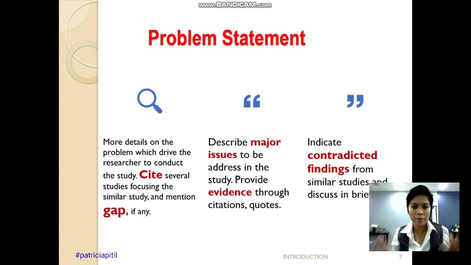Contradicted findings meaning various results being presented by previous studies. For example, it says that intrinsic motivation is more likely to be among the individual sports. When you're playing alone in sport, intrinsic is the best. Intrinsic is the drive to perform in sports. In contrast,